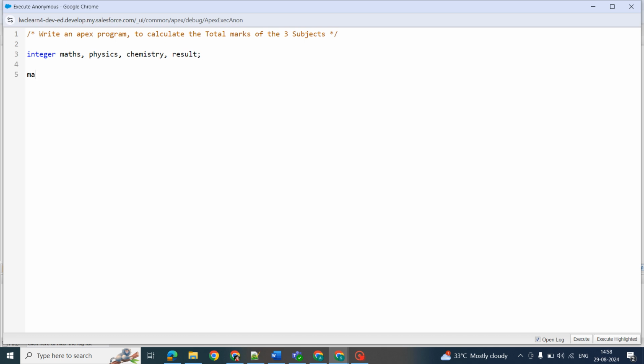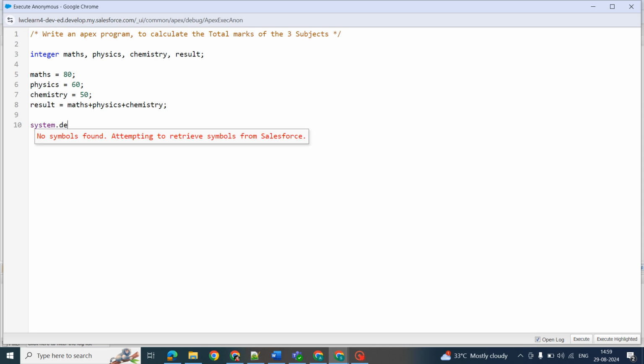So here I'm assigning some values. Just 80 for maths, and physics some 60, chemistry some 50. So result is something where we need the addition of all these three subjects, which we need to display over the system.debug log file. Alright. So now we were doing a system.debug,